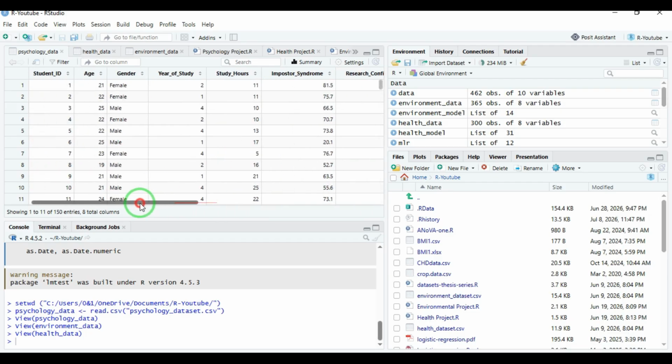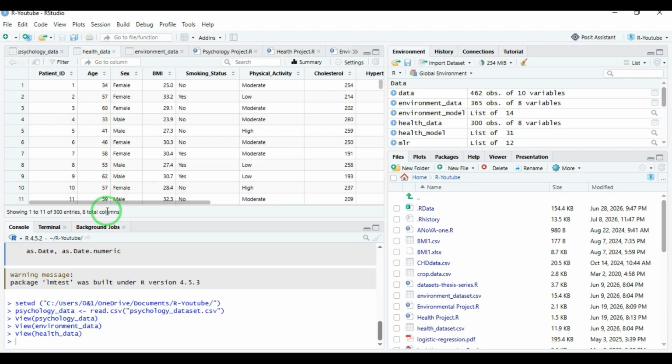Variables are students' ID, age, gender, year of study, study hours, imposter syndrome, which is continuous, as do research confidence and GPA. The health study investigates factors related to hypertension among 300 patients with variables of patients' IDs, age,